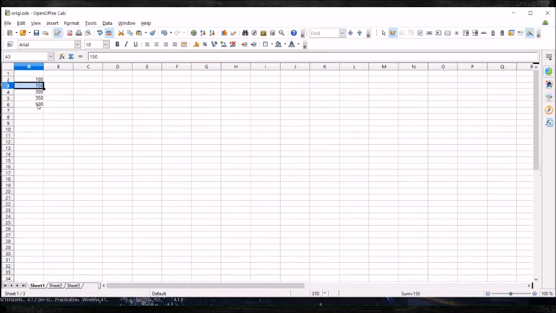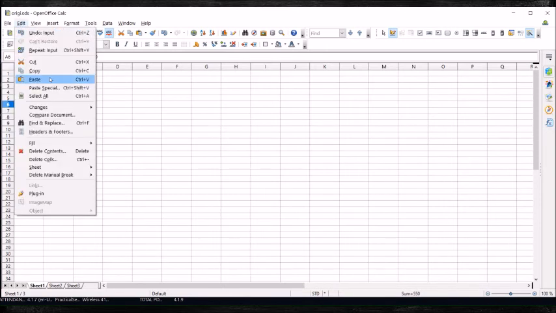After disabling this, suppose I make any changes in this worksheet, then these changes will not be recorded. But one more option is available to me to record the changes, and this is this option.